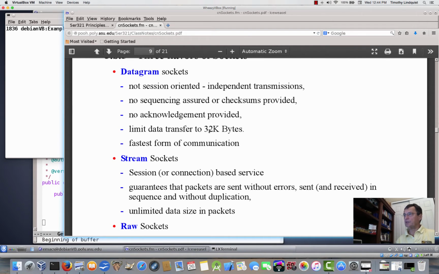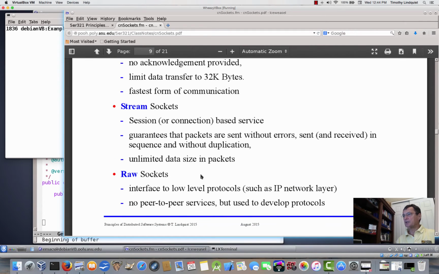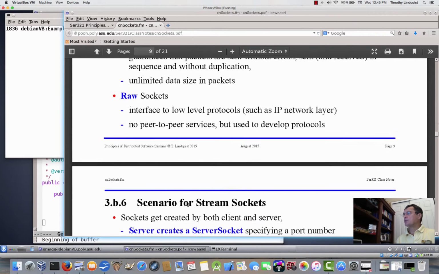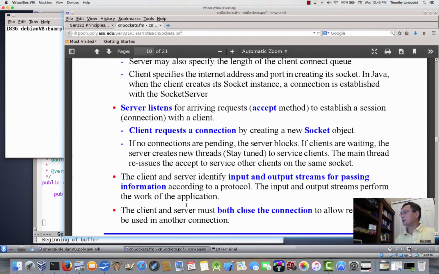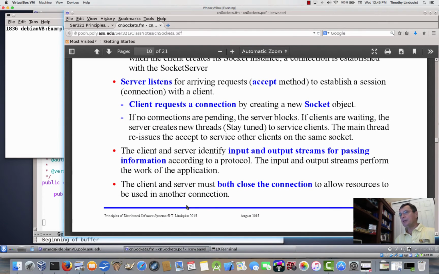Very different with datagrams. And then raw sockets is kind of an interface to a low-level set of protocols, and they typically are not commonly used in application development. It's probably the right way to put it, but they actually can be used to develop other protocols. Okay, so now this is kind of a scenario for sockets. I'm not going to go through this at this point. We'll come back to this when we start looking at creating server sockets, accepting